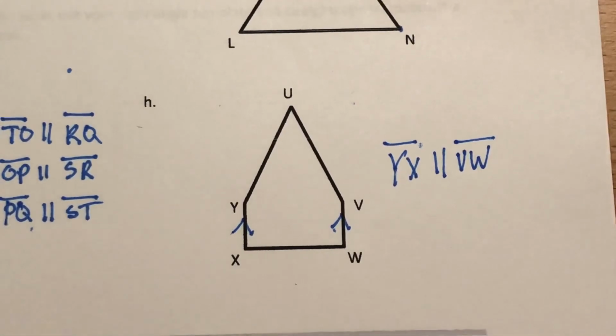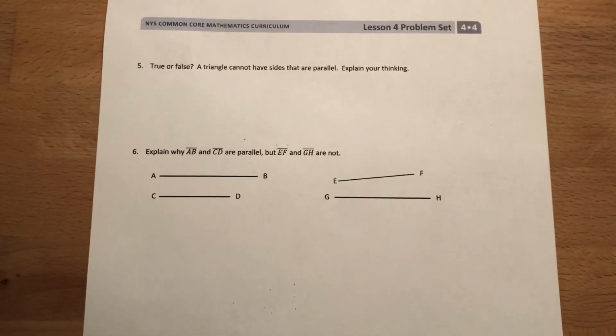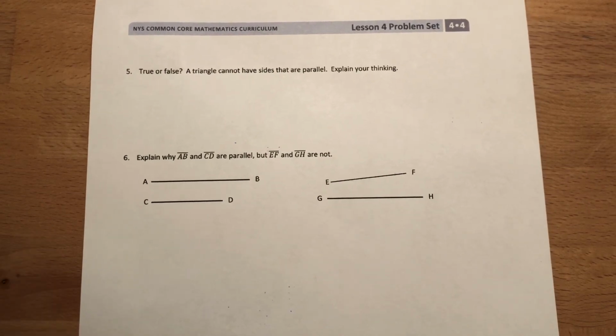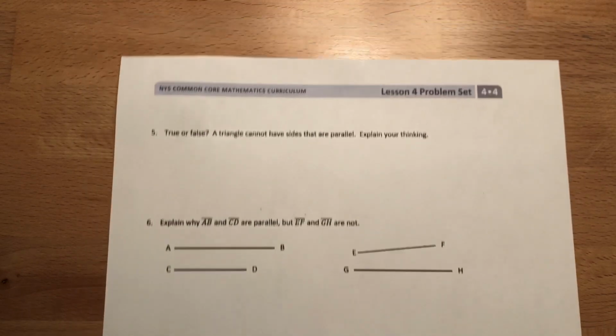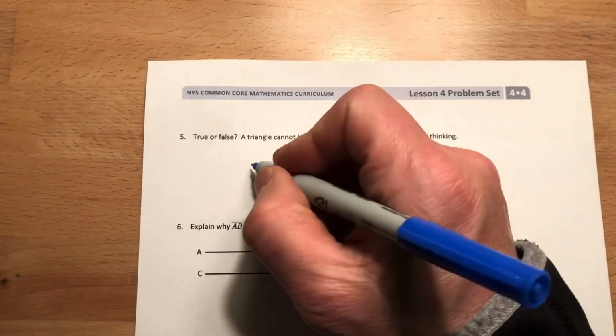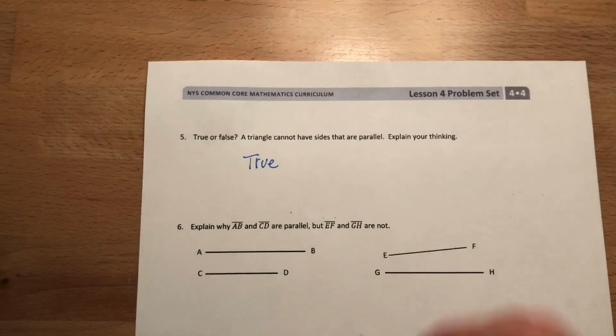Nice. Okay. Parallel lines. Nothing new to you guys, hopefully. Last page here, okay? All right, true or false? A triangle cannot have sides that are parallel. We already explained this, didn't we? Yeah. What are we going to say here, kids? This is a true statement. True, right? A triangle